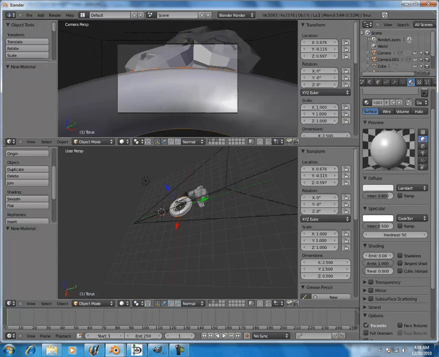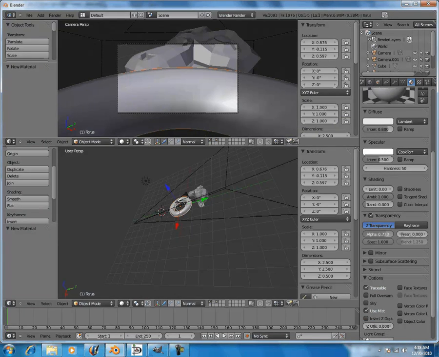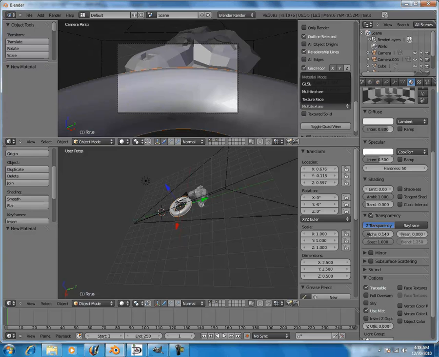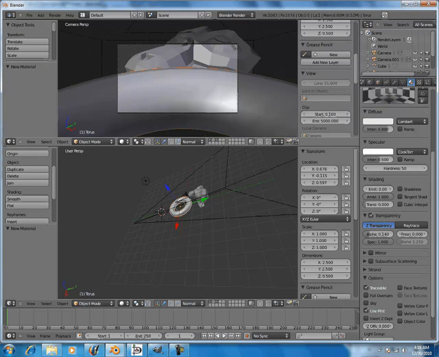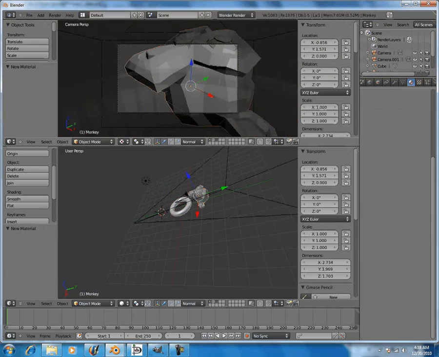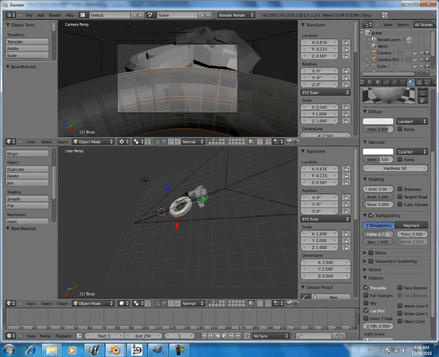Okay, I'm going to add a material to it real quick, and transparency, Z transparent, and it's not really showing up right now. That's okay, we can change that real quick, because I'm just going to turn on GLSL shading instead of multi-texture. Alright, and change this around to texture solid shading. Okay, and so here we are, we're seeing some transparency happening here on this model,